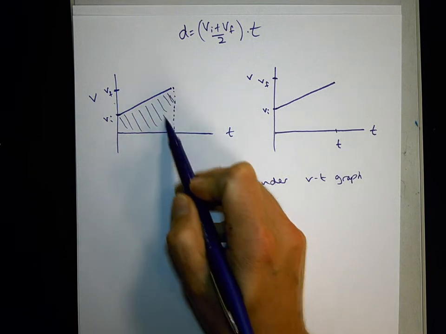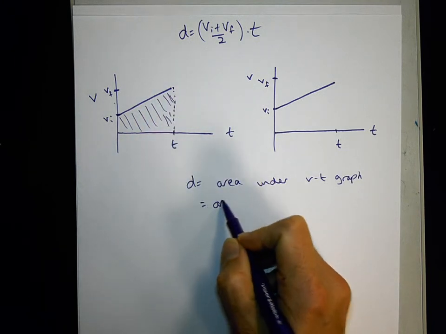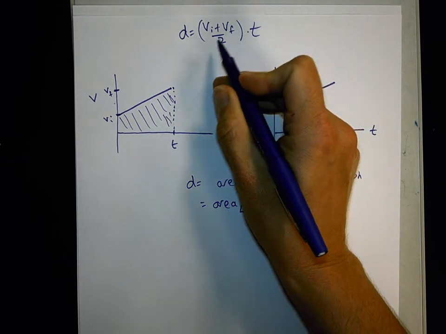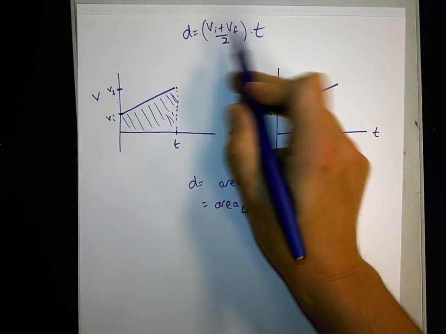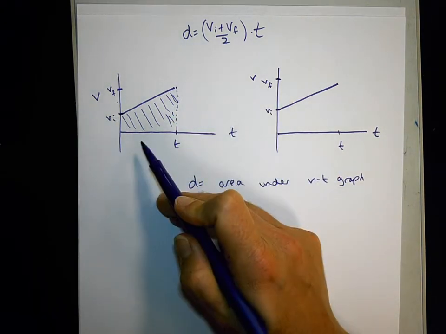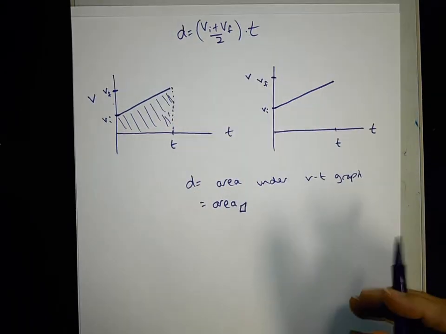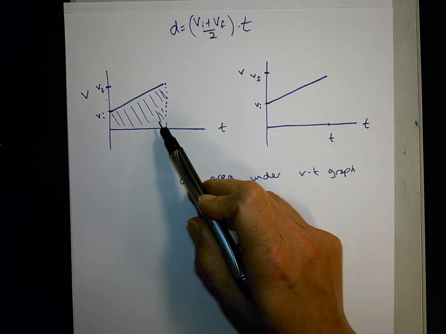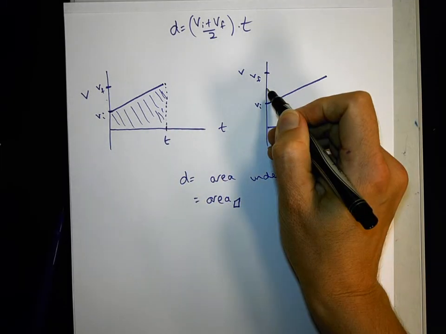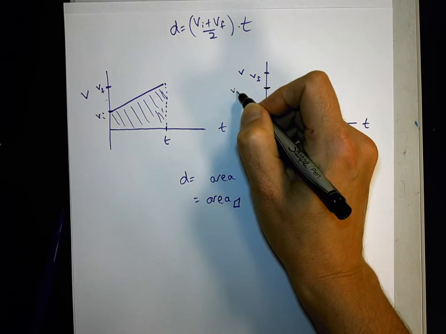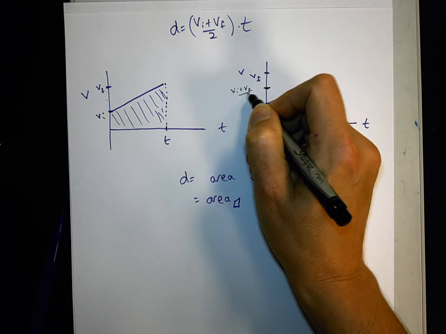It's a trapezoid area. So we're looking for the area of a trapezoid. Some of you might even recognize this as a trapezoid formula, and you could just say, oh, it's the trapezoid formula, and you'd be set. But in case you don't know the trapezoid formula, I'm much more comfortable with finding areas for rectangles, and I want to show you that this area on the left is the exact same thing as a specific area on the right. If I take this midpoint, the average, (vi + vf)/2, the exact center between those two,